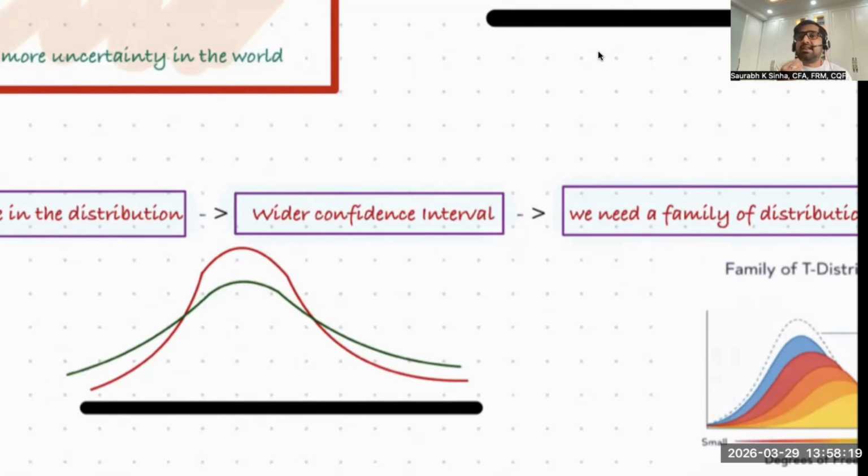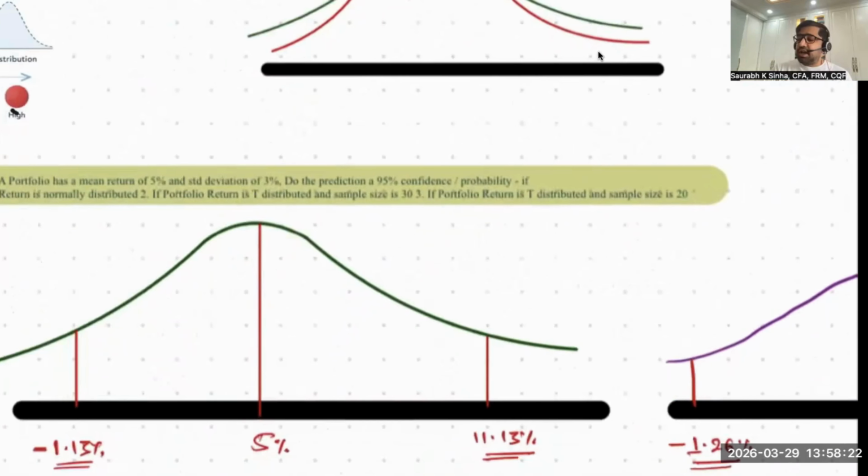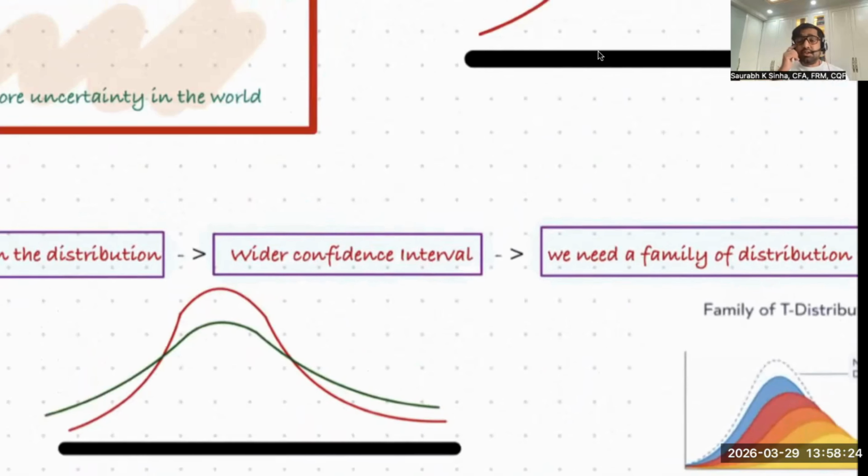This concept is slightly difficult to understand. So we'll try to understand with the help of one example. Why? Because your prediction interval will increase. You will understand how the prediction interval, the confidence interval, will increase. But you should understand the rhythm that you're moving from a good distribution to a bad distribution. If you're moving to a bad distribution, the prediction quality decreases. The prediction quality decreases means statistically that the confidence interval would be wider. And we'll see with the example how the confidence interval, the prediction interval, would be wider. But that is a rhythm.